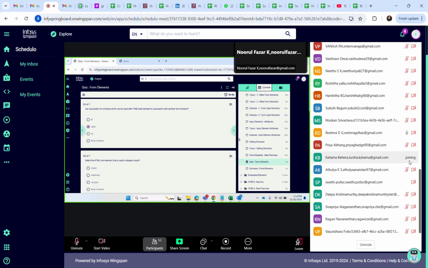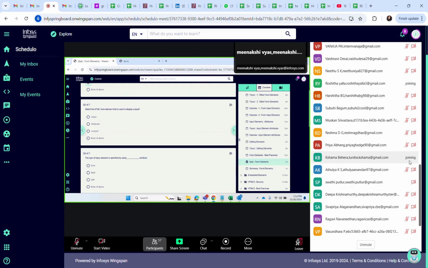The for attribute. Anyone else? ID? Value? No, that is for only. We can write that this label is for this particular element.